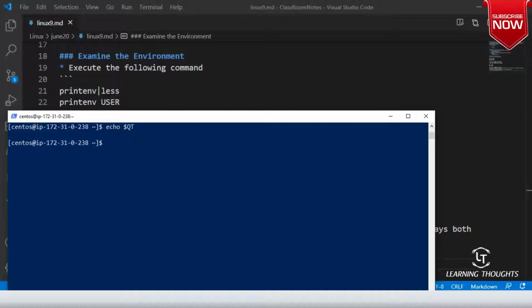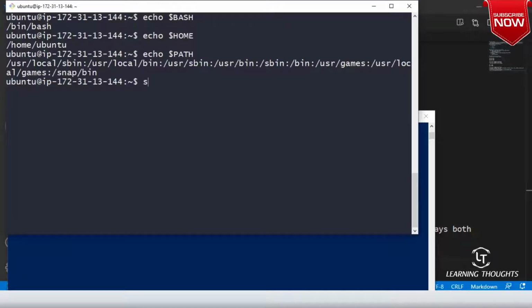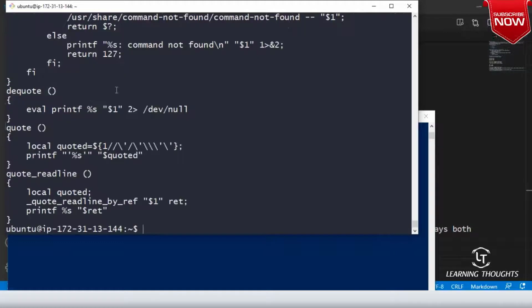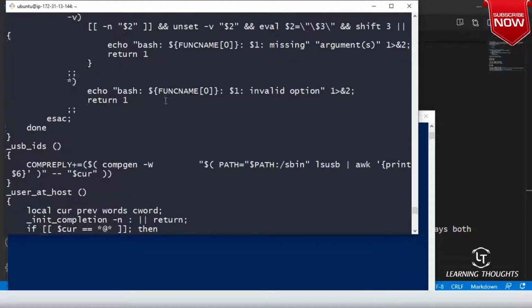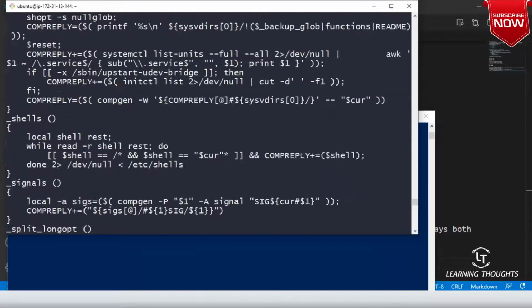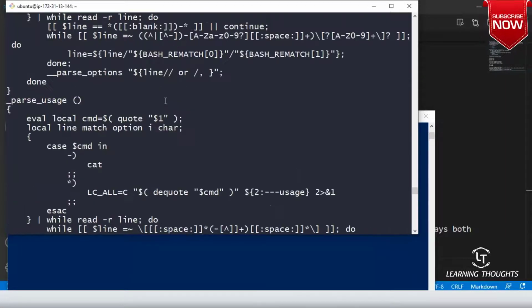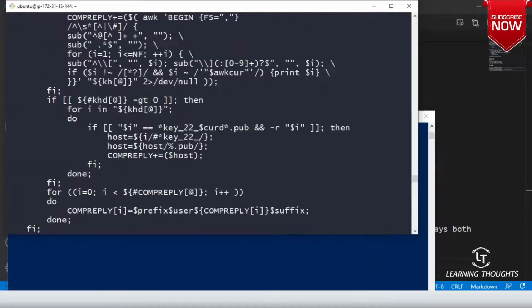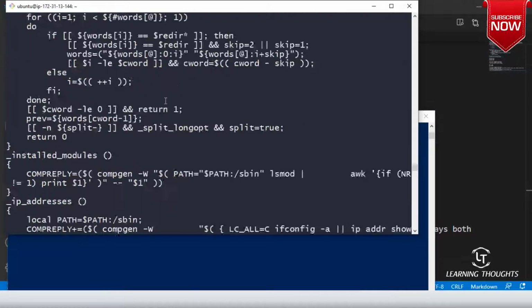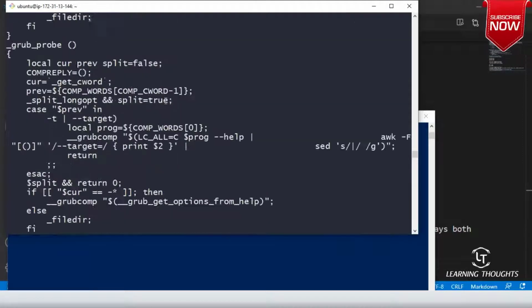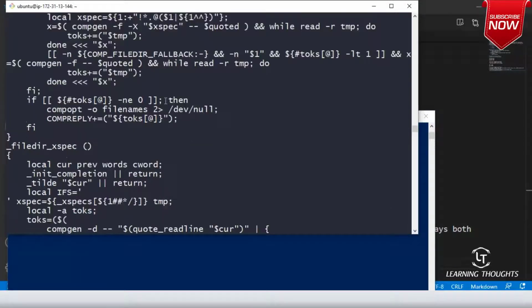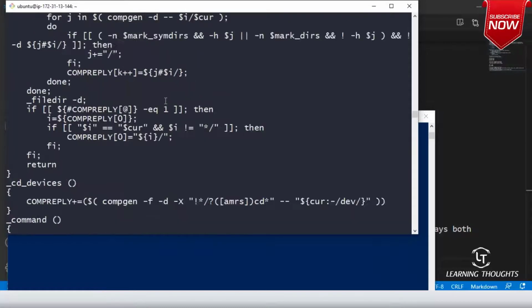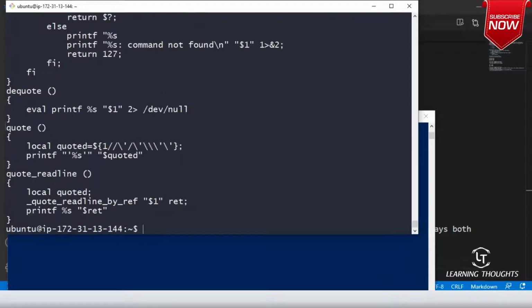You can execute the set command. If you execute set, are you seeing there are loads of things over here? These are all shell functions. There are variables too. If you go to the top, you will see a lot of values. Set will give you too many values. So there is a lot to speak about.